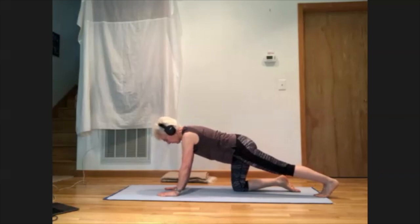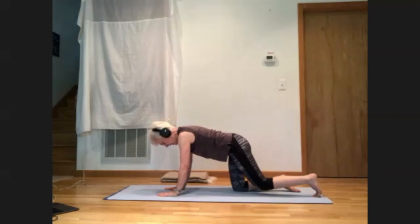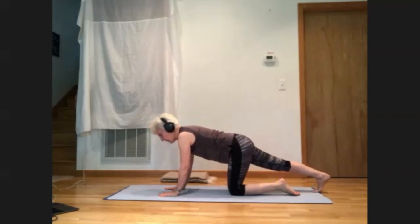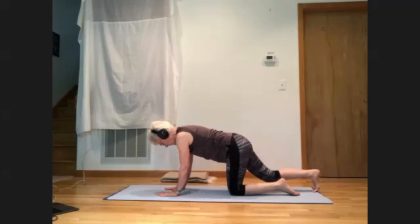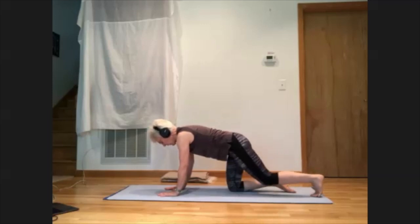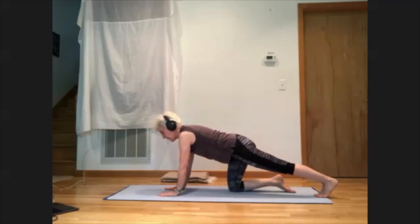neither abducted nor adducted. And then we'll set that foot back down and take the right leg back in the same way. Everything's still all lined up as it would be if you were in the standing mountain position, and we'll let that right knee back down. And now let's take that left foot back again, and we'll give it a stretch, a long line from the heel up through the hips, up through the shoulders, out through the top of the head, long in the back